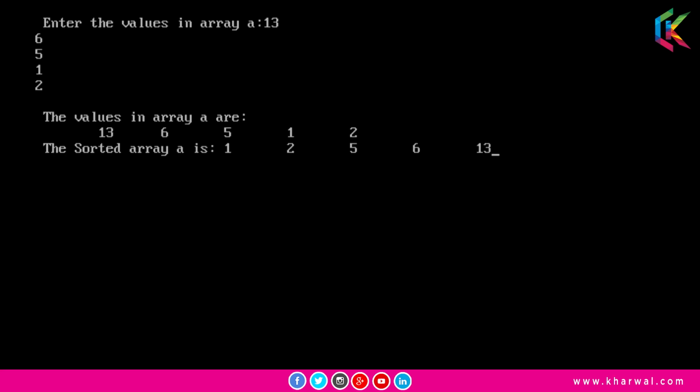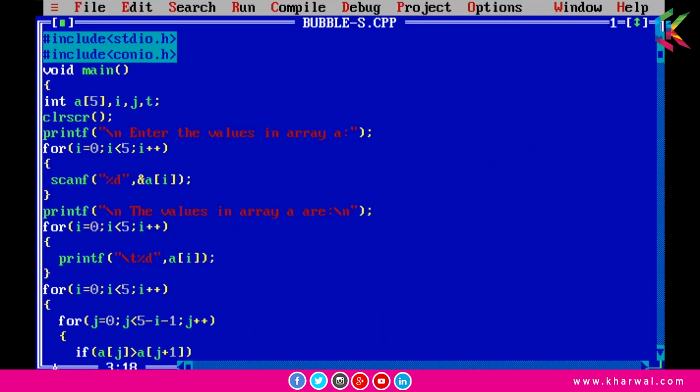Now it is printing the entered value in array A, and after that it is printing the sorted elements of array A. So guys, I hope it is clear to you,